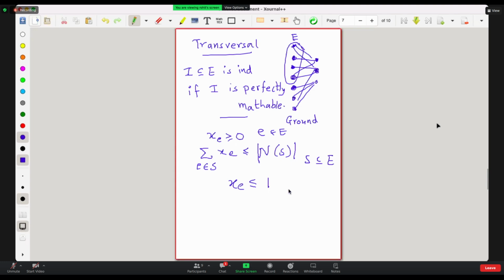This is an exponential size program, and I want to see if we can write a program with polynomially many constraints. Here is a way to do it. We'll introduce